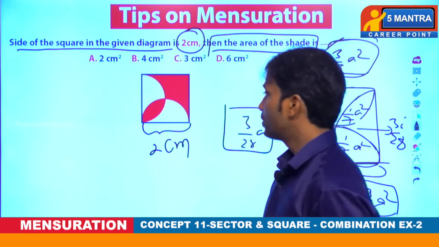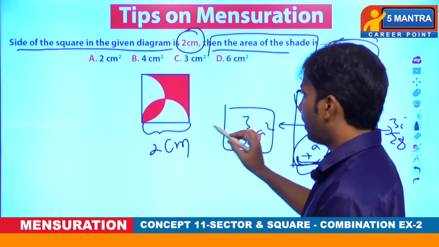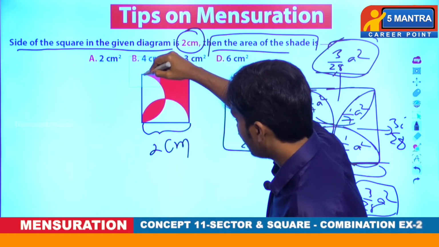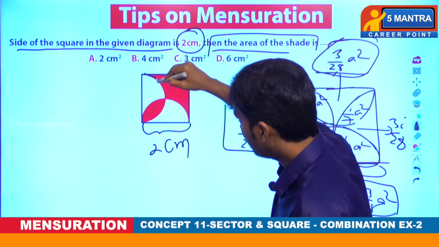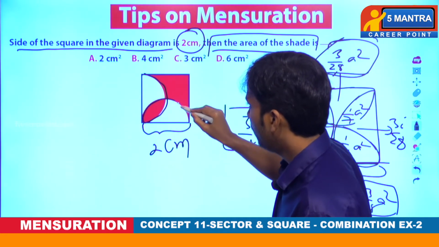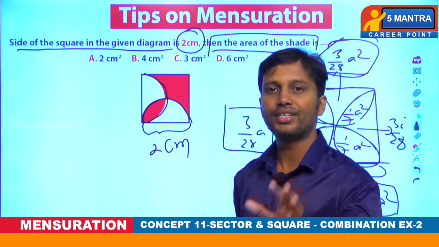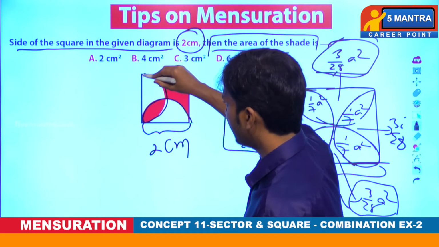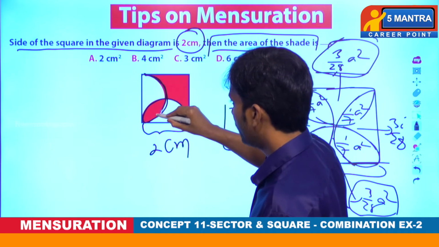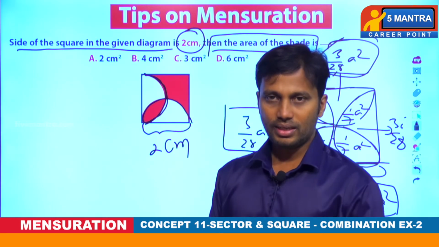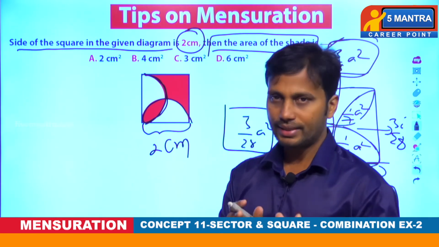Let us see. See here, actually what have we been given? In this diagram we have been given the side of the square, right? Here the side of the square is given, and here one semicircle and two semicircles, where all the semicircles are drawn, and we are asked to find out the red colored area. Is that right or not? We are asked to find what? The red colored area.